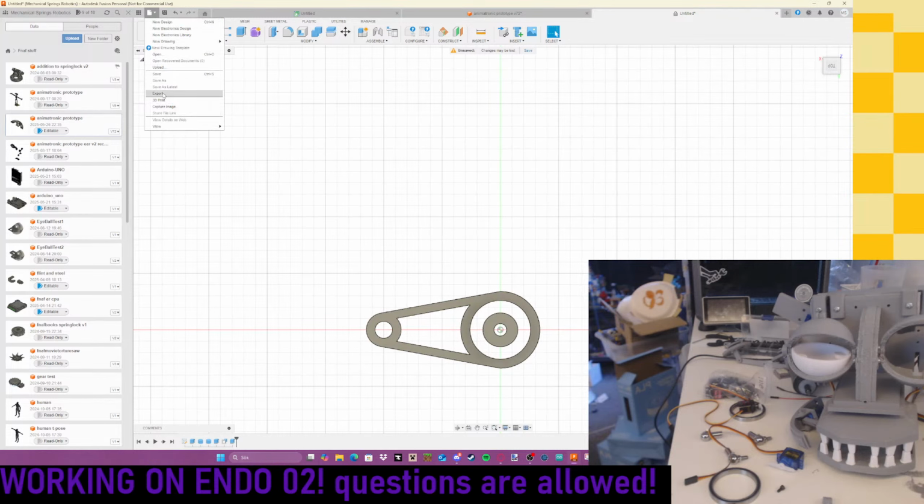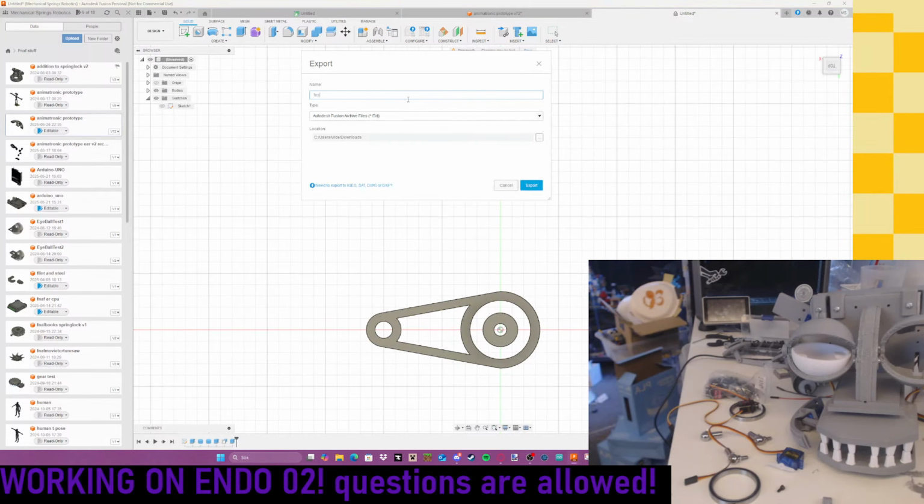So file, export, testing, bearing, turnage, fitting. I don't really know. And then we open up this thingy. More. Oh shoot, my